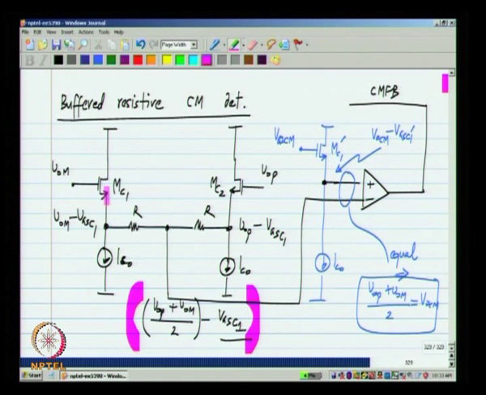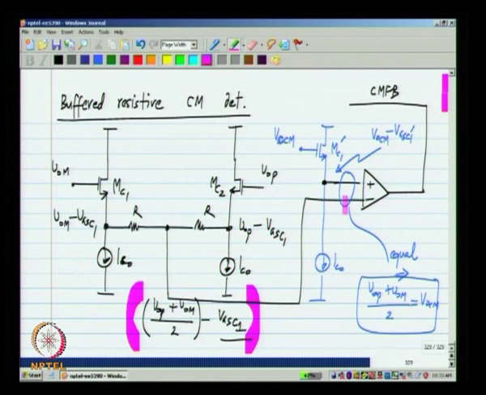Now, secondly, these transistors will have body effect. If you use PMOS, you can avoid it, but as I have mentioned earlier, even with a PMOS, tying the substrate to the source is not a very good idea, because it increases the parasitic capacitance at the source greatly. So, if you do have body effect, what happens is that this drop here is not a constant, as I have represented. It is not just VGS C1 on both sides. If VOP is large and VOM is small, the VGS of MC1 will be small and MC2 will be larger. So, the level shift will depend on the absolute values of VOP and VOM. So, you will get some nonlinearity in the detected common mode.